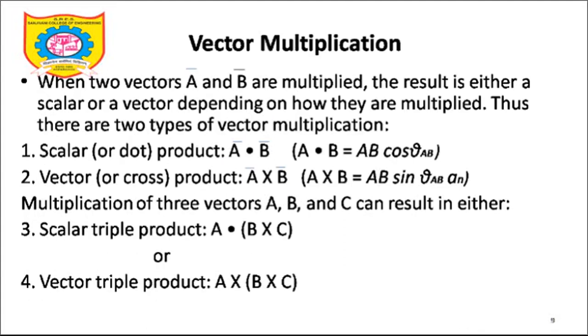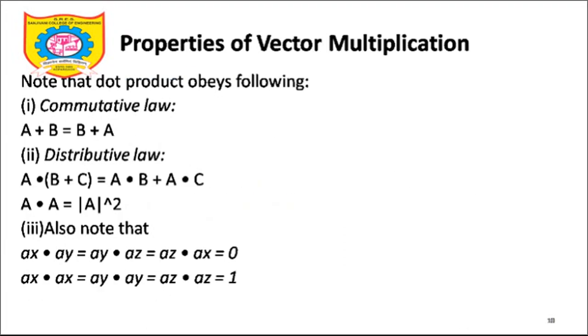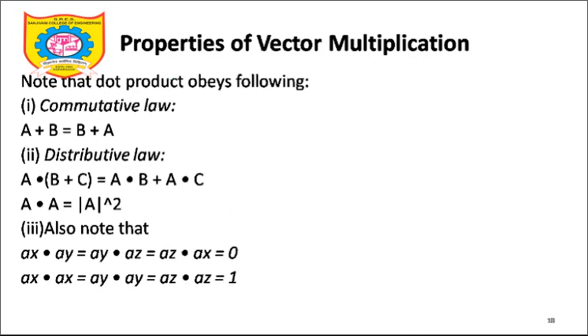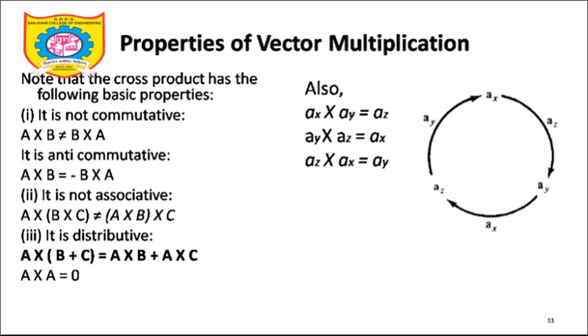Welcome back, friends. In the last lecture we were dealing with vector multiplication. We have understood the dot product, the properties of the dot product, and the different ways to calculate the dot product. Then we have understood the cross product. I will repeat this vector multiplication, the cross product, once again to you.